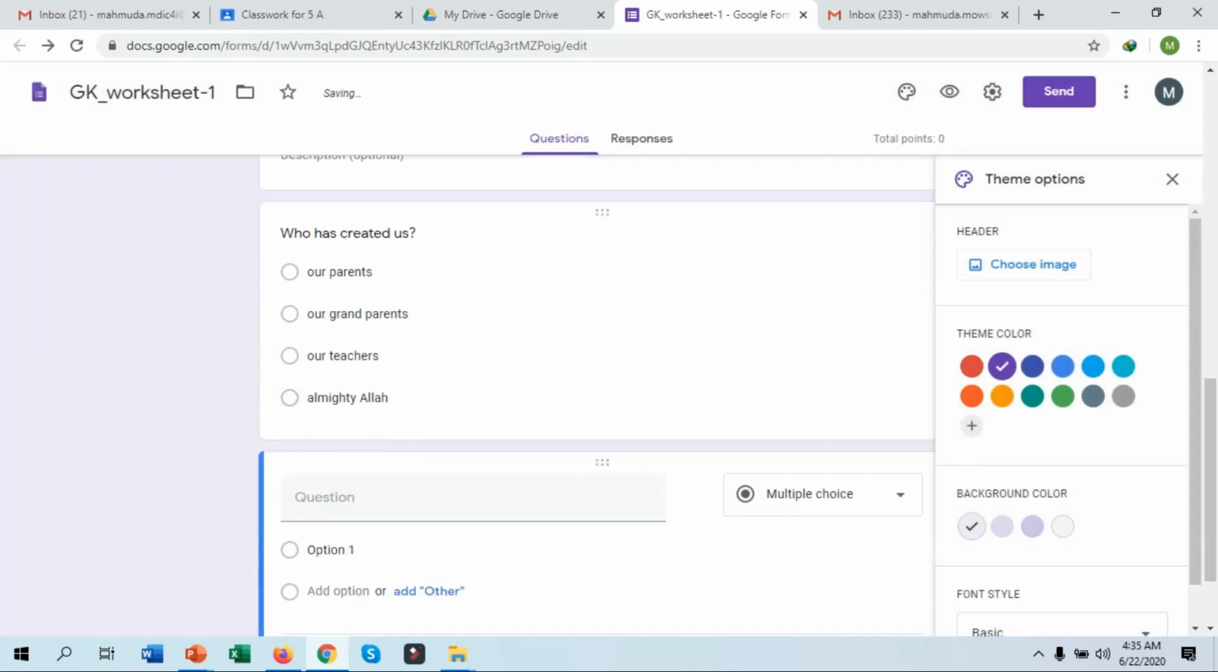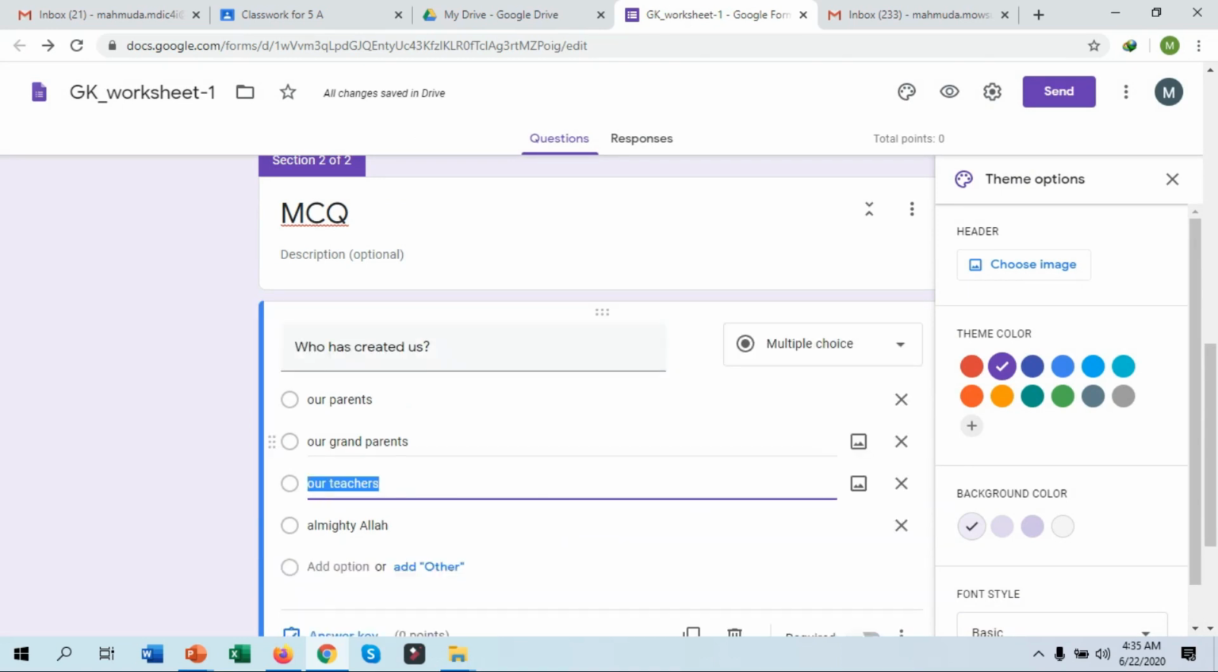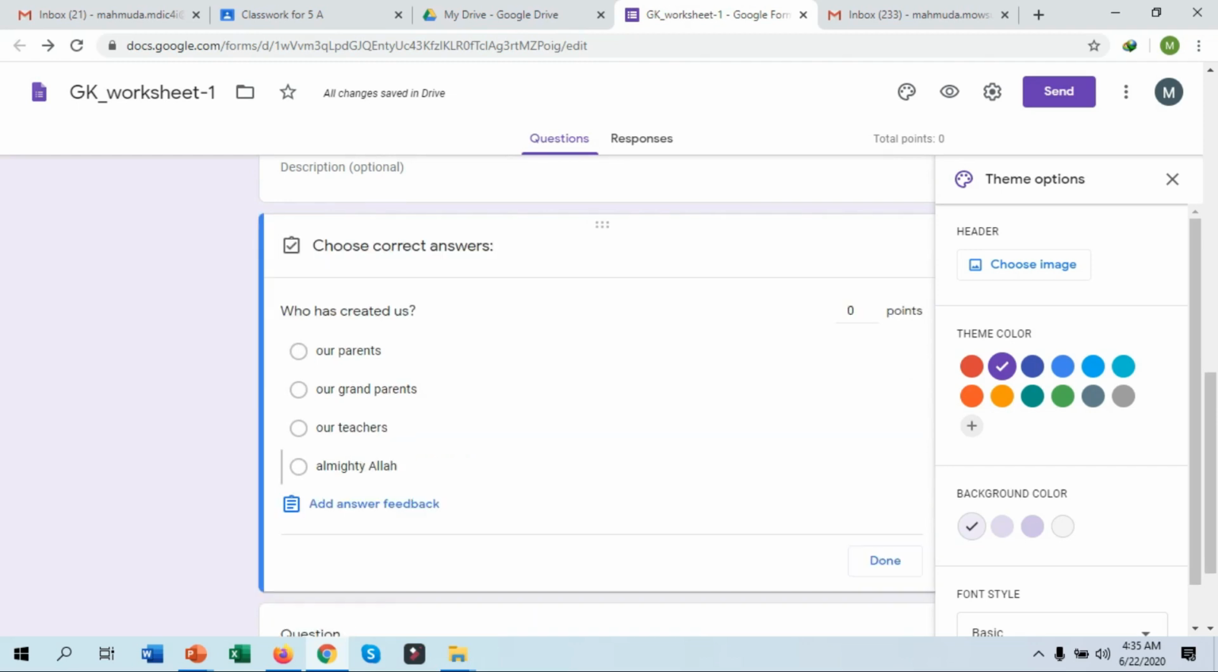Okay, so my setting is done. Now it's time to give the answer feedback and other things. So I'm clicking this question. First of all, the answer key. What will be the marks? It may carry 1 point,